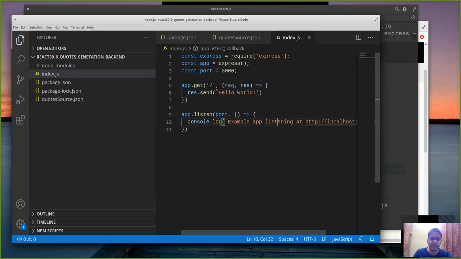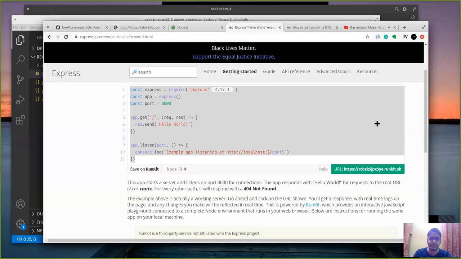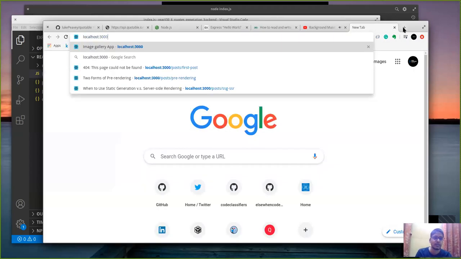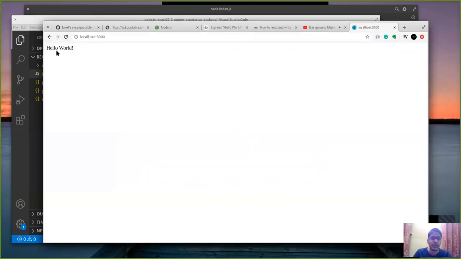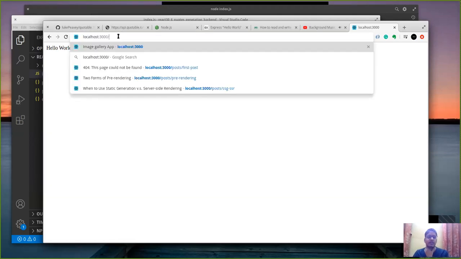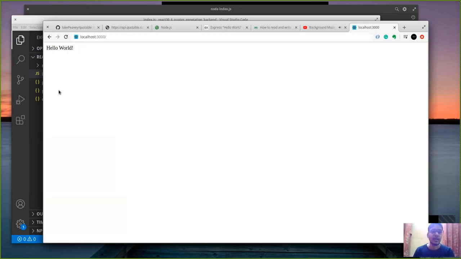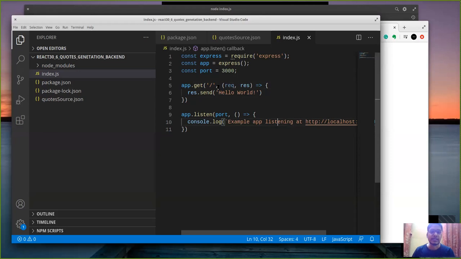Now in order to test this API or get the response from this API, we need to go to the browser and open localhost:3000, and we have a hello world statement. The reason being, by default when we type localhost:3000, the base endpoint gets served, and the base endpoint is /. And if we look at the code, in / we have hello world as a